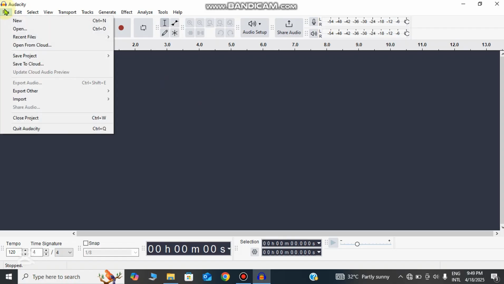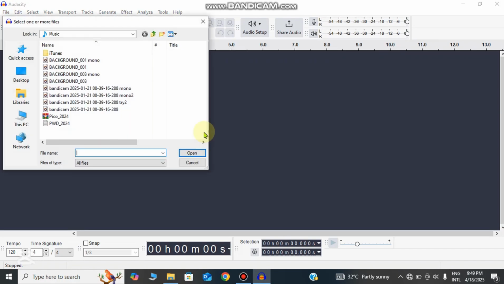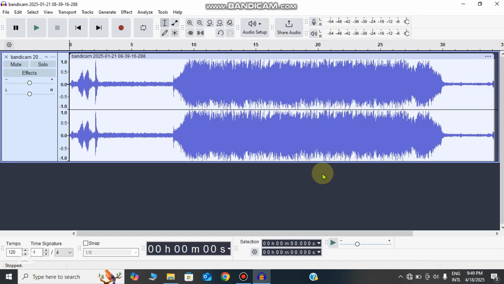Go to File here and click Open, and then select one of the stereo audio files. As you can see, this is a stereo audio file. It has two audio channels for left and right, and now there's a problem if I convert this to